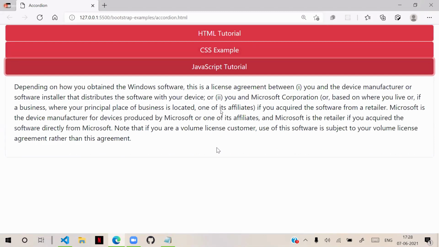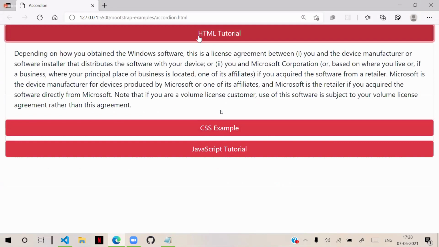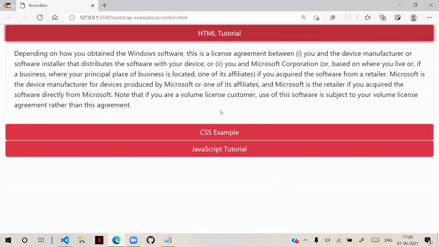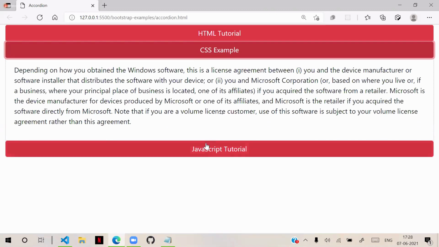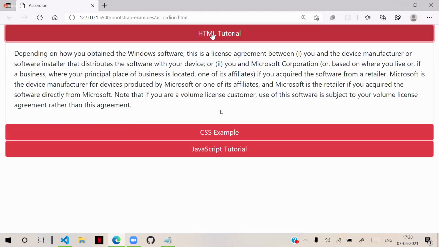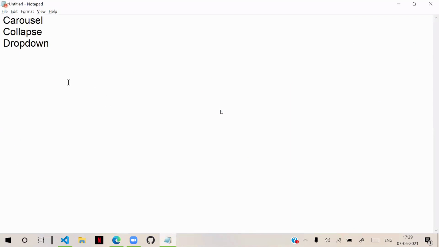This type of style is called an accordion. We call this an accordion. Generally, accordion is used for managing this kind of effect. You can keep all the accordions always open and displayed. For that, you can add show for all of them. By default, it will display for all of them. That's the accordion. So we have carousels, collapse, and accordion. Accordion is another option.